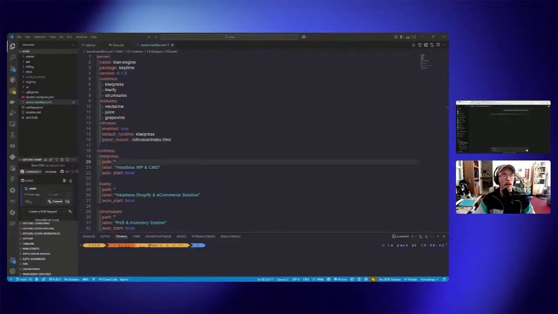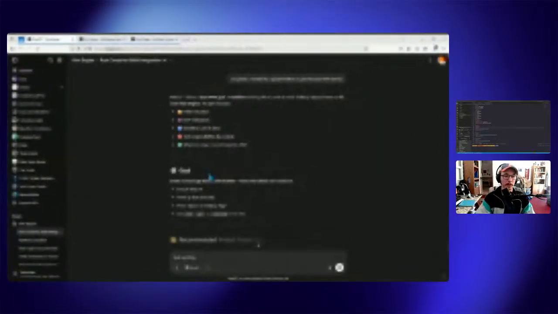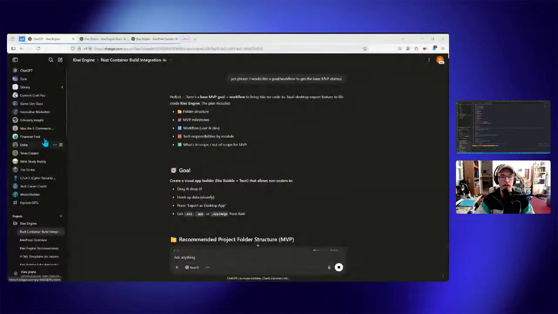Cool. So now what we have going here in ChatGPT on the side that you can hardly see, I'm letting ChatGPT help me generate a project structure, just in folders logically, how to structure